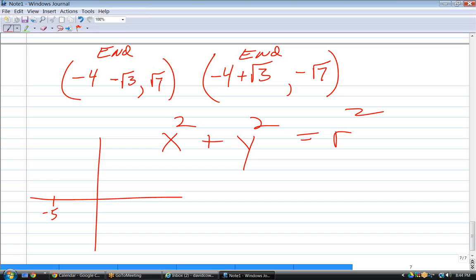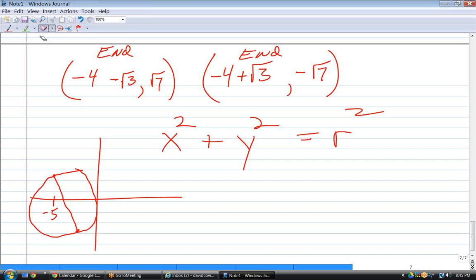Square root of 7 is, say, 2.5. So there's one endpoint. The other endpoint is at an x value of -2.3 and a y value down here at negative, right there. So if those are the two endpoints of a diameter, there's only one circle that can come from that, and that's this one,